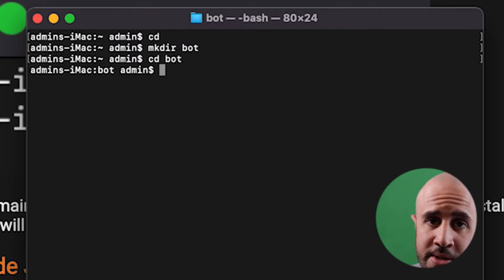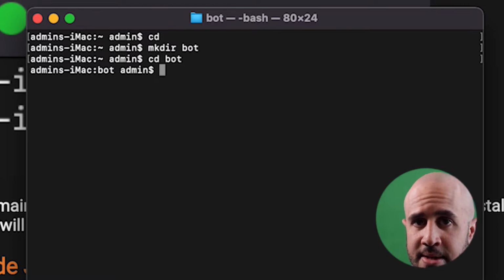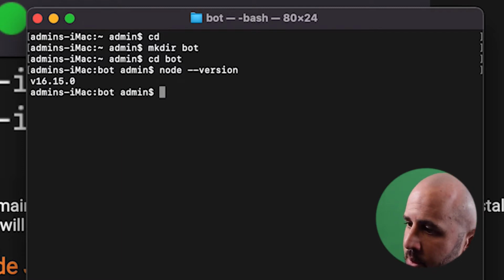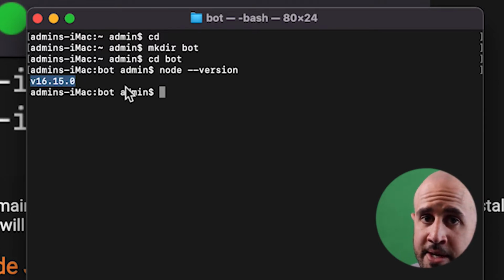And then the next thing you want to do is install Node.js. Before you install it, you can check if it's already installed on your computer by typing node --version. And you can see I have version 16.15.0, so I already have it. I don't need to install it. But if you don't get a message like that,